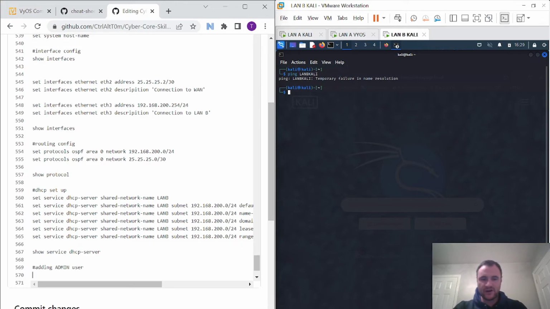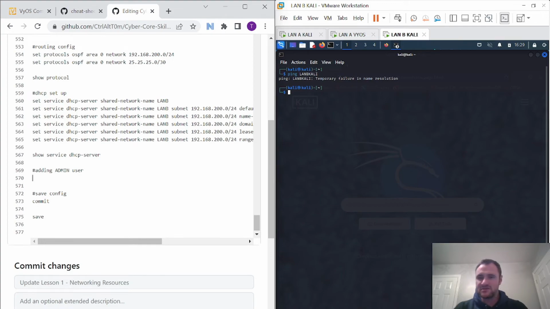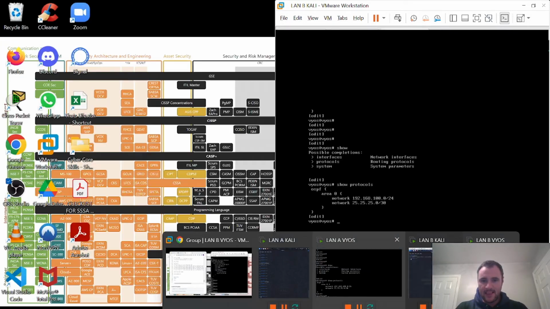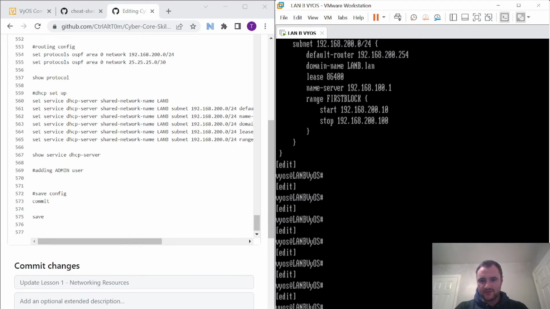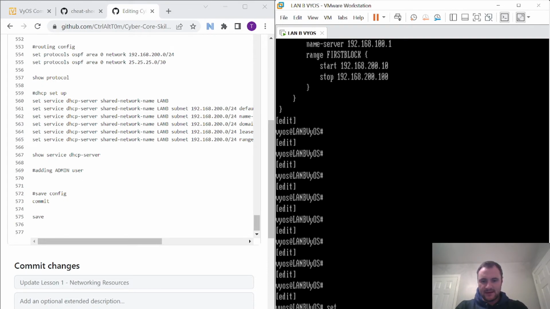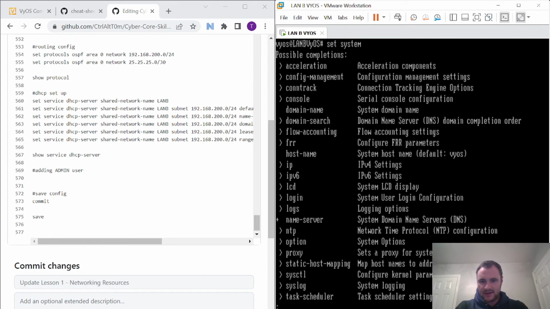user. Cool. And I say admin because we can have generic users, and within even Cisco there's different levels of access, and you can allocate different commands. So we can say, oh, you're a user that can only do show IP and brief, for example. So in Cisco, we can do pretty much the same with VyOS, but I'm just going to add an admin user right now. So if I do set system and user, should be